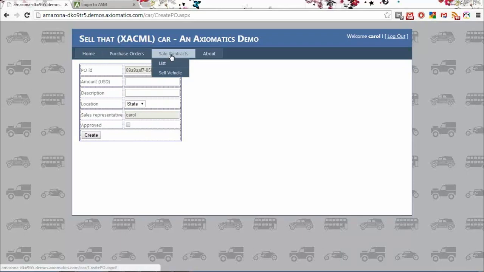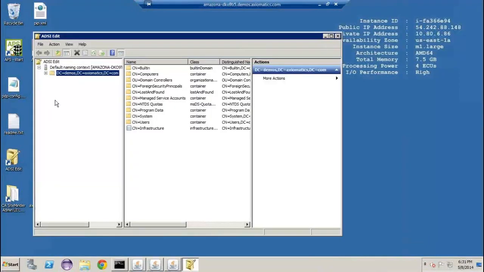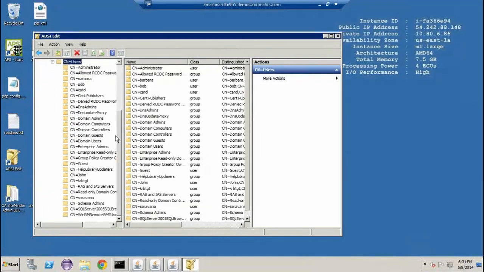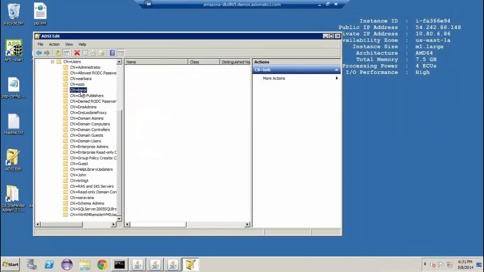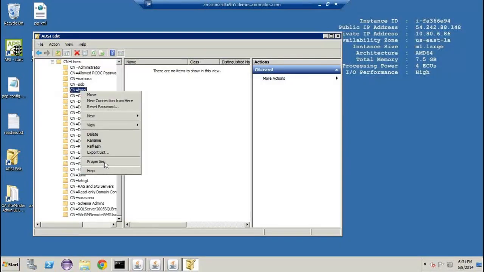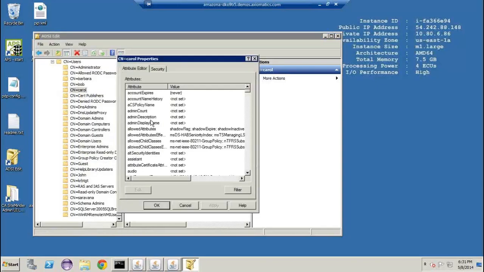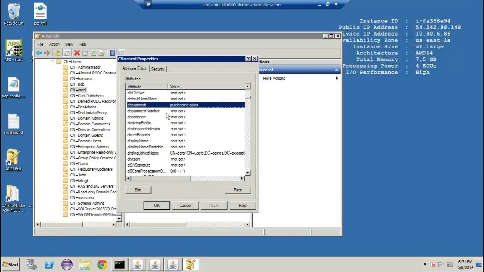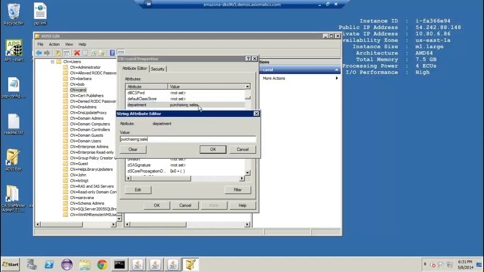Let's check our attribute sources in the back end. This is the Microsoft standard AD browser that comes with Windows Server 2008. I can go ahead and browse to my users folder and look for Carol, right-click, check her properties, and look at her department. You can see that she belongs to both purchasing and sales. I can go ahead and change the value,